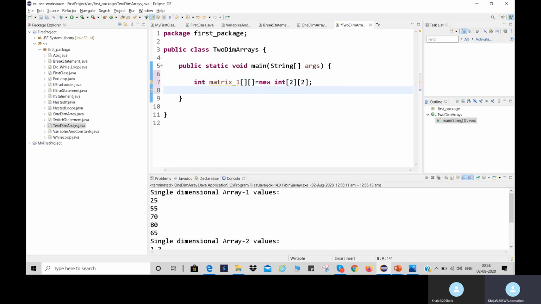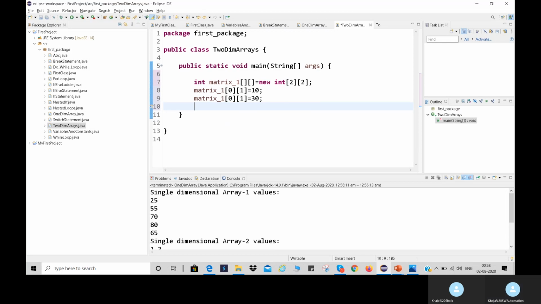I am initializing matrix 1. Here we store the values row-wise. 0th row, 0th column is 10, and 0th row and first column is equal to 30.